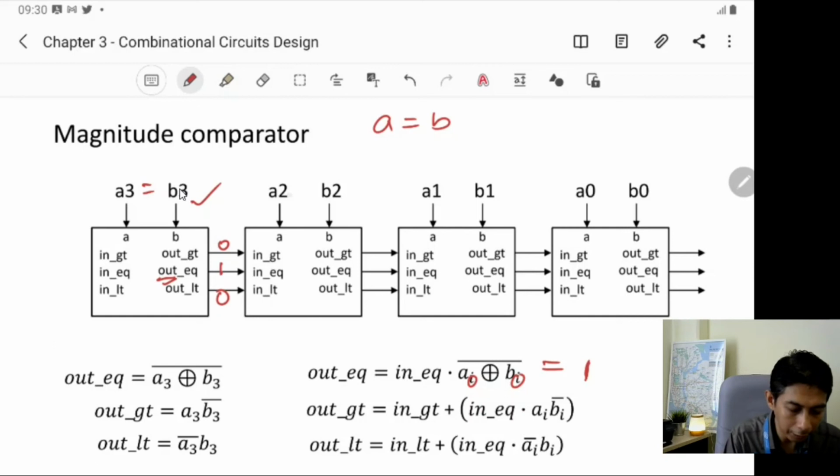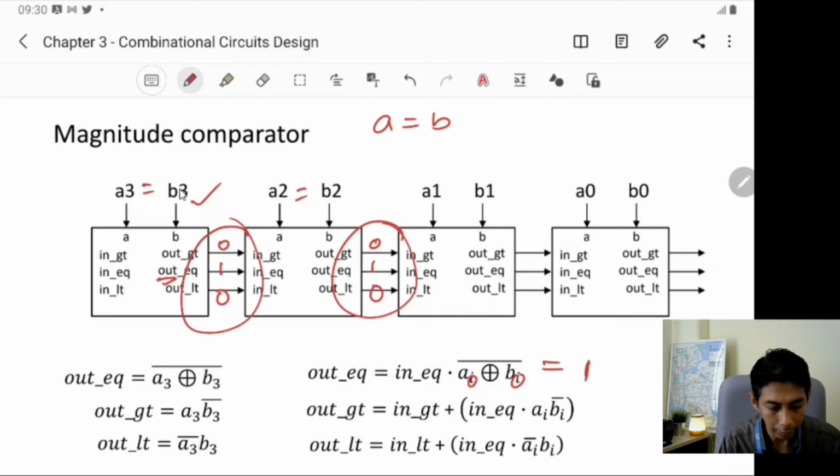So now we know that A3 and B3 are equal. Now we want to check A2 and B2. All right. And in this case, it is equal also. Okay. So the output here should be like this also. All right. So that we confirm that A2 is equal to B2. So how to get this? And we have this input. This is the input, and this should be our output if this 2 is equal and this 2 is equal.